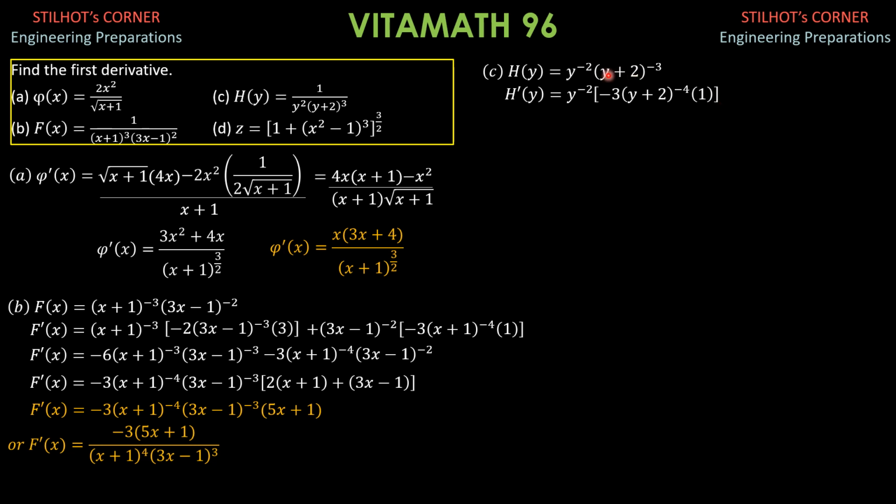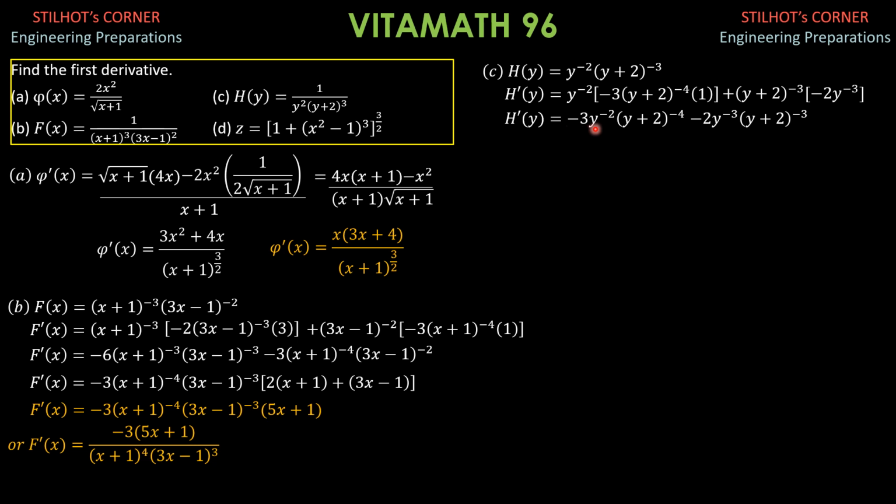Then plus the second, quantity (y + 2) to the negative 3. Then the derivative of y to the negative 2 is negative 2y to the negative 3, with respect to y, of course. So simplifying, negative 1 is common, so we factor out negative 1. So this becomes negative 3y to the negative 2 times (y + 2) to the negative 4. The second is negative 2y to the negative 3 times (y + 2) to the negative 3. So for these two terms, for the constant, it's negative 1, or simply negative.